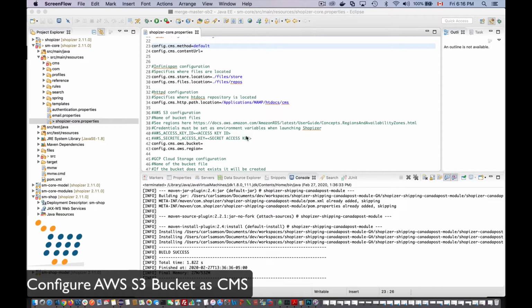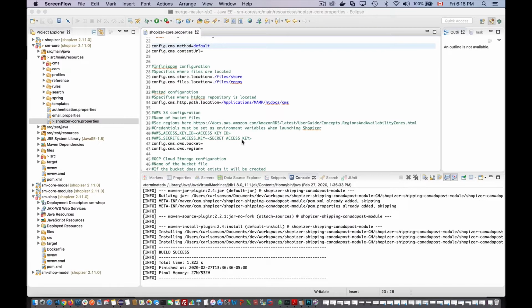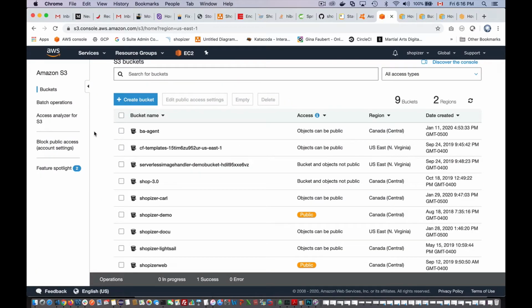We do support AWS buckets as well as Google Cloud Platform buckets as underlying system cache and image servers as well. For that, you need to have an AWS account. Once you have this account and you're logged in, you simply need to create a new bucket. The series of steps I'm going to show you now will introduce you to creating a bucket, making that